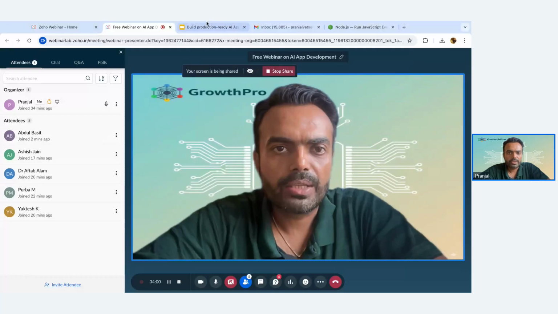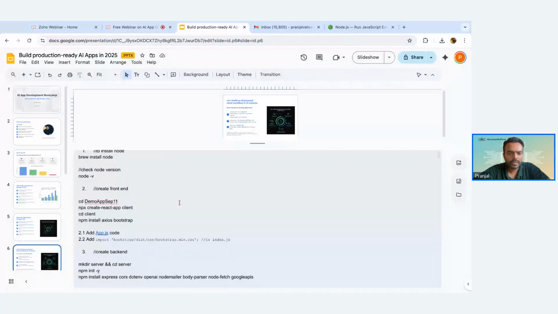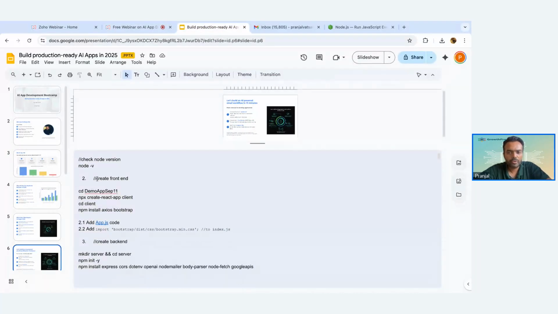So once Node is installed, our app needs to have a front end and a back end, right? So first we need to create a front end, right? So let me create, inside my demo app September 11 folder, a folder called client. So this is the front end, right? Let me go inside client, and now